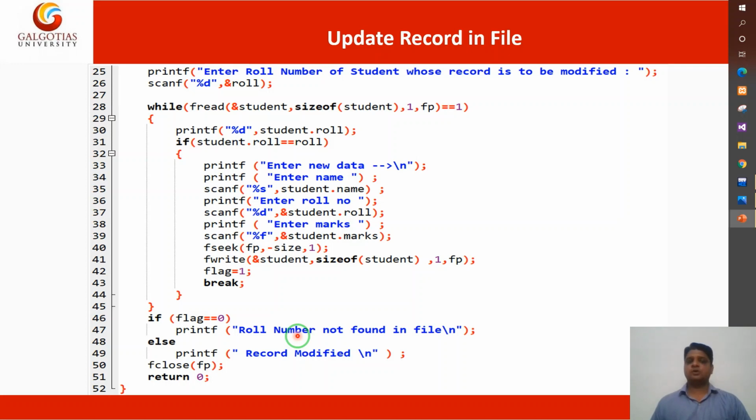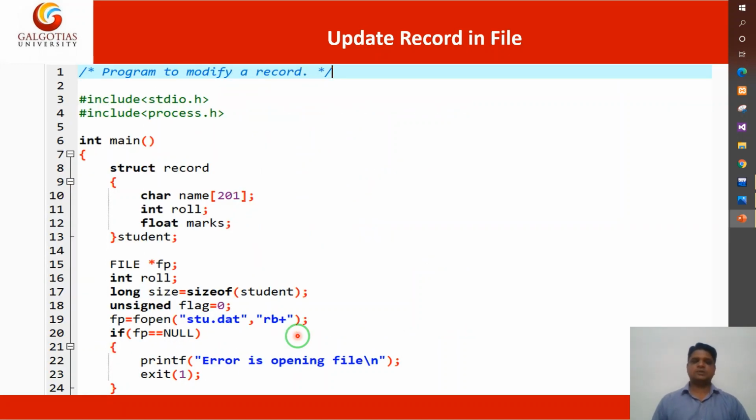Then you perform the operation. For this purpose you know very well which value to provide for searching a record. What is your unique key? In the student record, the roll number is the unique key, so with the help of the roll number we will find the record. Now you have to decide how to work with the roll number.